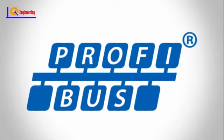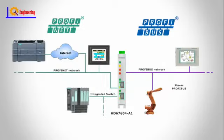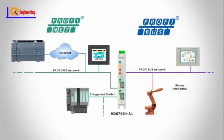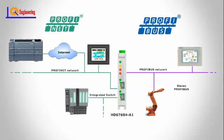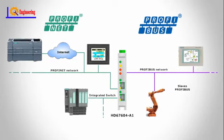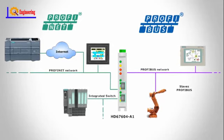Profibus is a classical serial field bus. Profinet is an industrial Ethernet. Profibus and Profinet are both field networks that communicate industrial devices with each other in the site or industrial field, so they are designed to work in industrial environments, taking into account factors of dust, humidity, temperature and electromagnetic noise